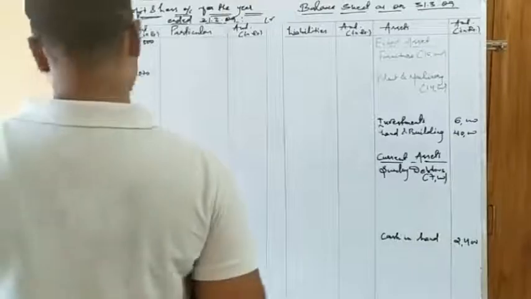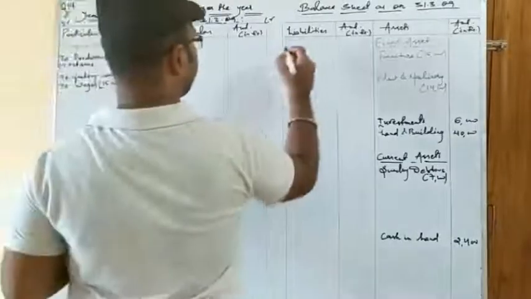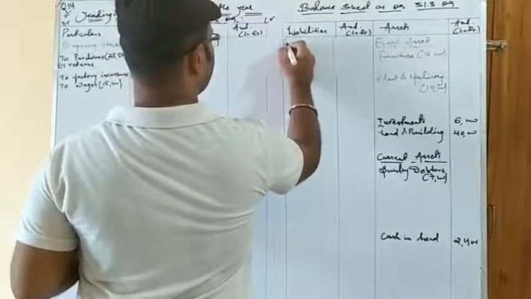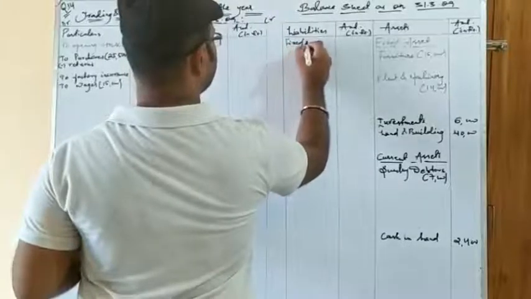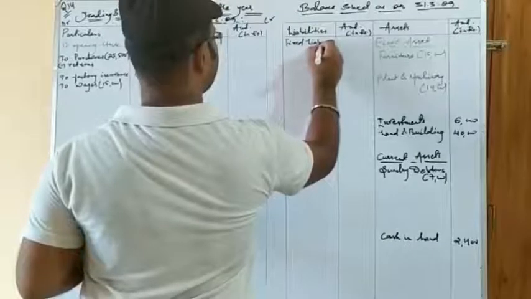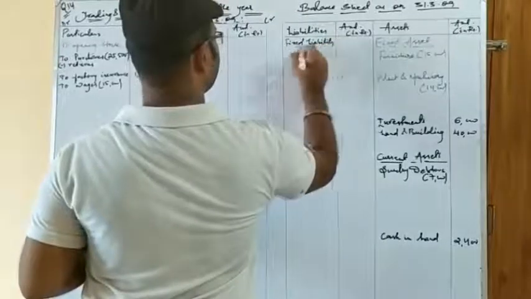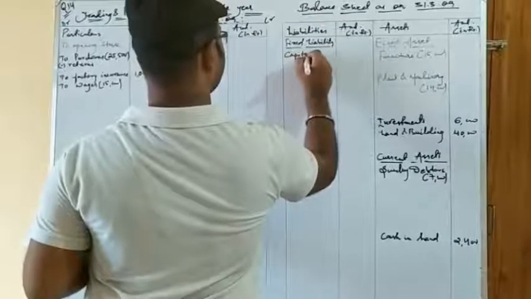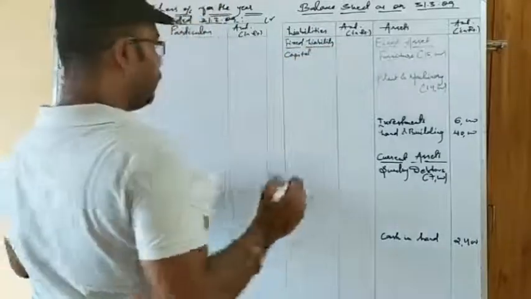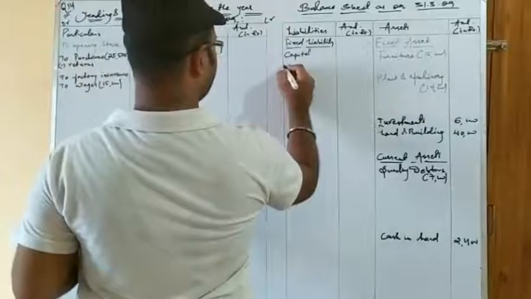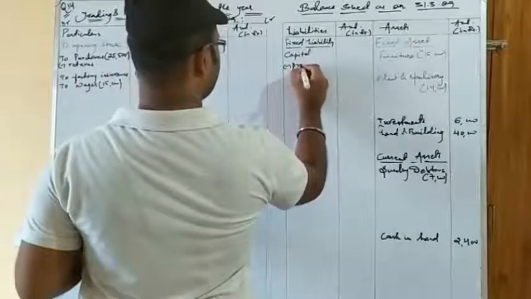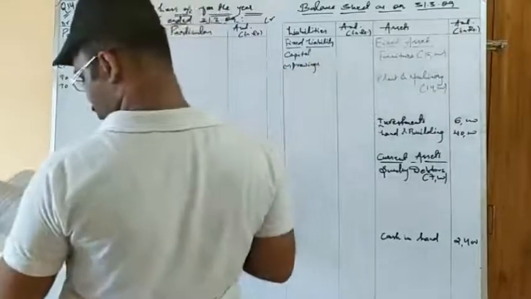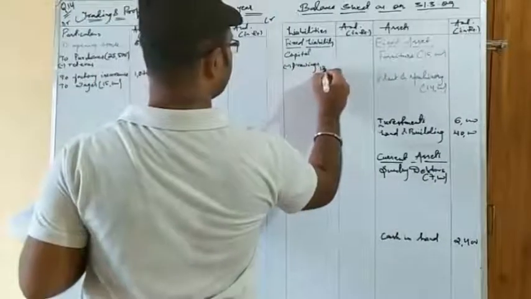Now the next item is drawings. As you know, drawings are deducted from capital. So first of all, I am writing here fixed liability, because capital comes under fixed liability. So definitely there will be a value of capital. When it comes, we will write. But first of all, now we have to write the amount of drawings, because it is given in the question, and drawings are always deducted from the capital. So the value of drawings given is 12,000.